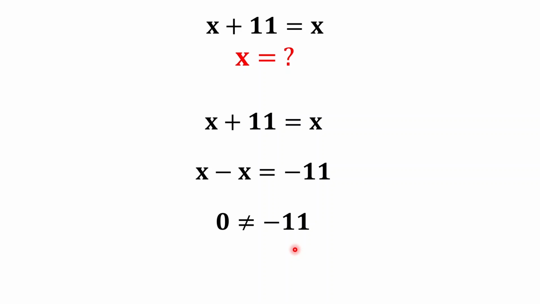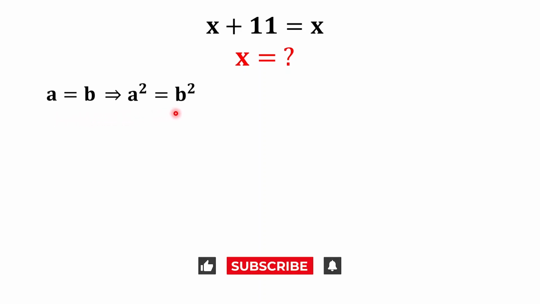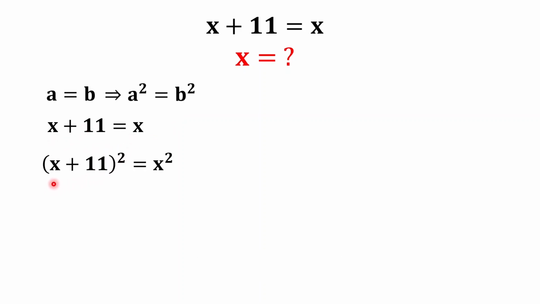But now let's try something interesting. What if I take squares on both sides? For example, if a is equal to b, then I can say that a squared is equal to b squared. Let's try that in our equation. x plus 11 is equal to x, so we can write that (x plus 11) squared is equal to x